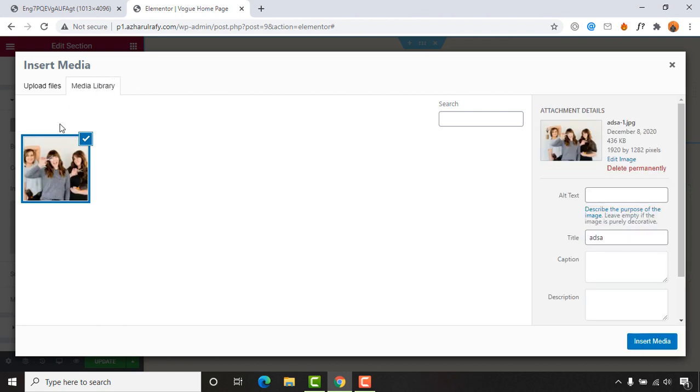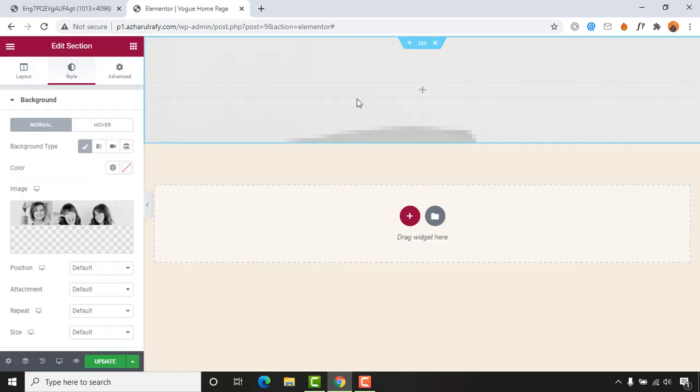Now the image is added to our media library. It's time to click on insert media, but for SEO we have to do some settings here. Alternative text, let's say Vogue Hair Salon. Okay, so this works for SEO, but we are not going to focus on these SEO stuffs. Instead, for speeding up, we are going to just simply add these contents. All right, so let's click on insert media, and just take a look, we have got this background image added,